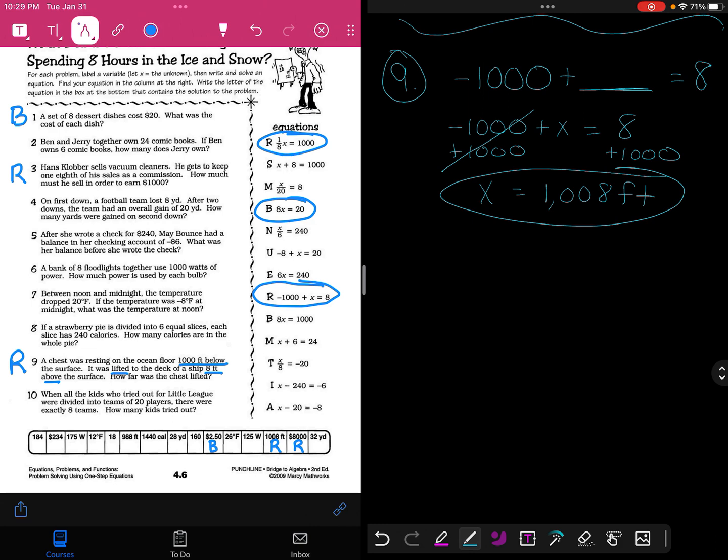So again, you guys are going to do the other 7 that are left. Email me if you guys have any questions. Make sure that you're writing these out on paper. So there's 2 parts to this. You're writing the equation, so you're writing what the problem would be, and that's what you're looking for on the right. And then you're solving it with a 1-step equation on the second part, and then that answer is what you put the letter at the bottom with. So do your best. Let me know if you need anything, and I will see